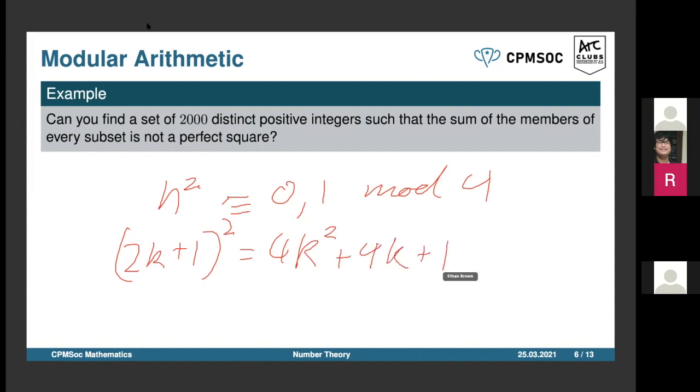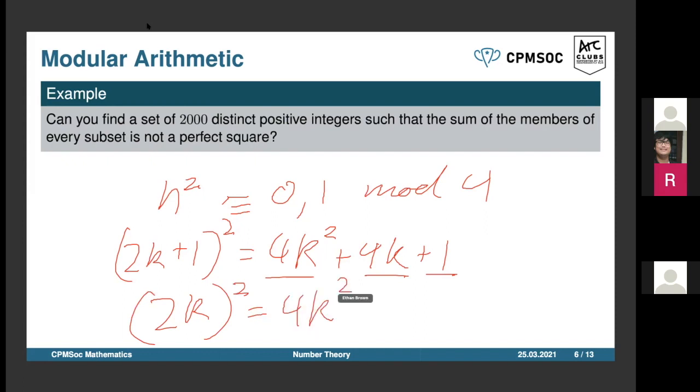So if we find the remainder when divided by 4, this divides through by 4, this divides through by 4, and this is the only bit that's left over, so we get 1 mod 4. If we take an even number and square that, then we get 4k squared, which is very clearly divisible by 4, so we get 0. So if we were looking for distinct positive integers such that the sum of the members is not a perfect square, so we were trying to show that it's true,